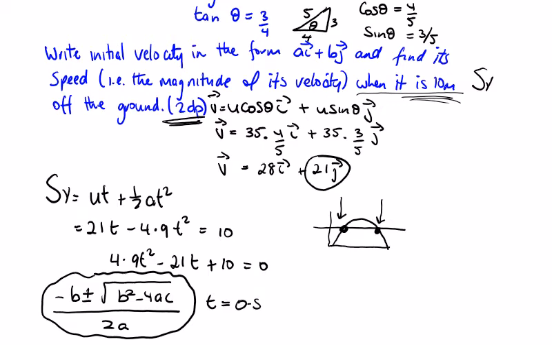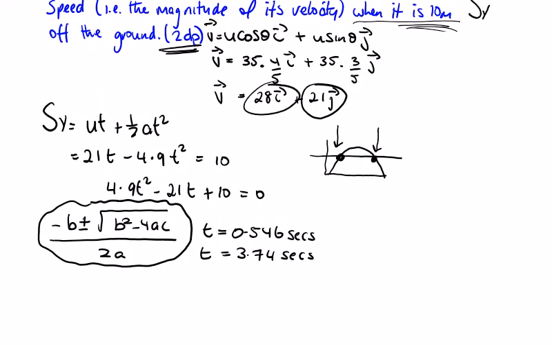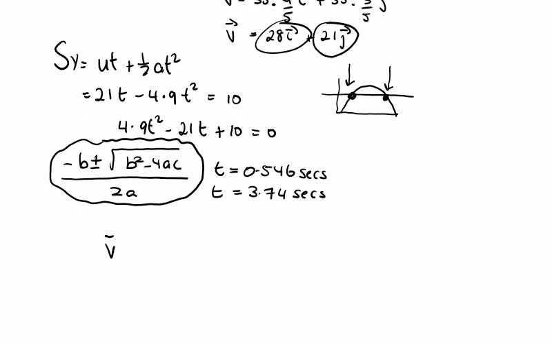So the first one is 5.546 seconds, and the second value, if we type that into our calculator, is 3.74 seconds. So we have 28 for i, that's not going to change. So my velocity at 10 meters off the ground is going to be 28i plus, for my j, we're going to have v equals u plus at. So the velocity in y is going to be the initial 21 minus 9.8 times